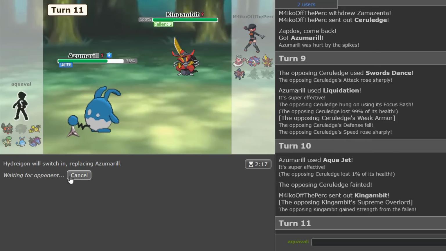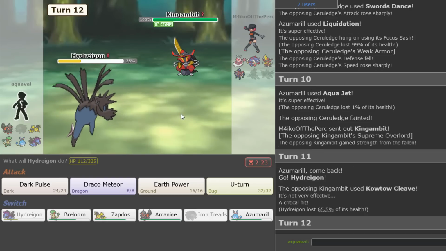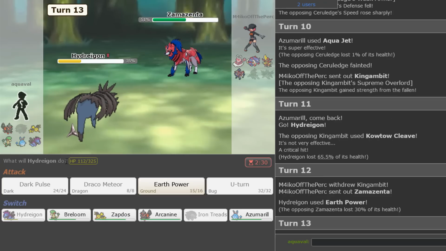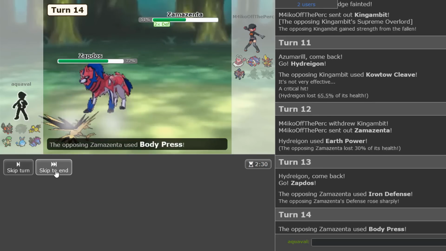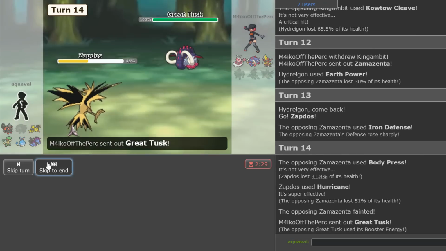I think here we can go into Hydreigon. I think we go Hydreigon here, pretty sure. Because we need to keep Azu. Azu's like MVP. Oh, of course you crit. Of course you crit and put me in range of Sucker Punch, but I guess maybe not. The Iron Defense up, so I guess they're committing. Which is cool, because now we get to knock it out. Beautiful. I want to definitely save...